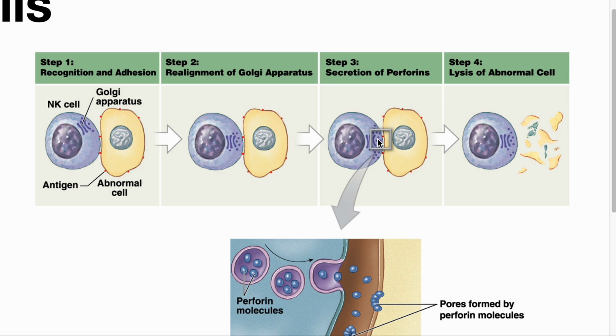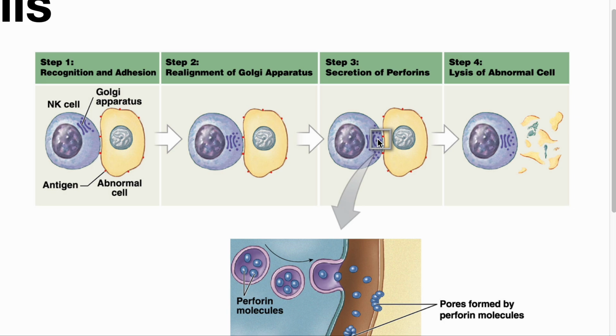So these are proteins that are coded for by a gene in your DNA, which can, an mRNA copy can be made in the nucleus, and then it will exit out the nuclear pore. It'll go to a ribosome. We will translate that mRNA. It will then be inserted into the rough ER, where it will get folded and maybe modified a little bit there, and then it will travel via a vesicle from the rough endoplasmic reticulum to the Golgi, and then the Golgi is going to package up all these perforins into little vesicles,